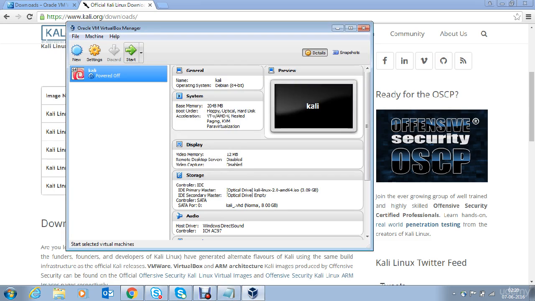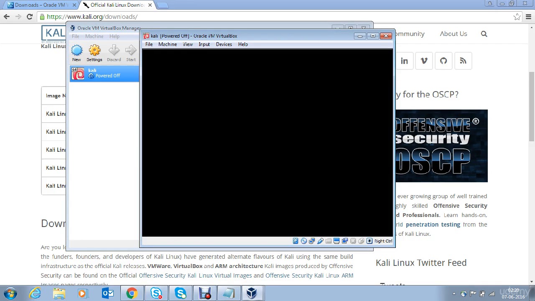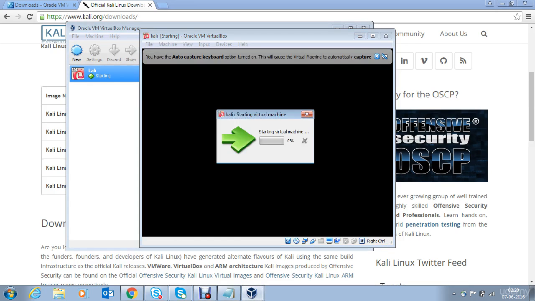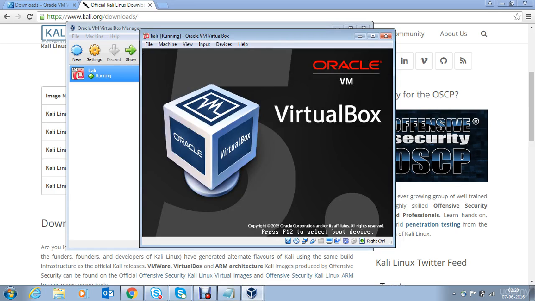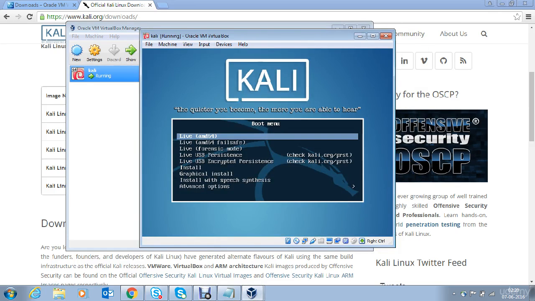Now let's start up the Kali Linux machine. It will take around a minute to start the virtual machine. Now there are multiple options available here in the boot menu. You can choose to install the Kali Linux machine, or you can choose to work with the live distribution.